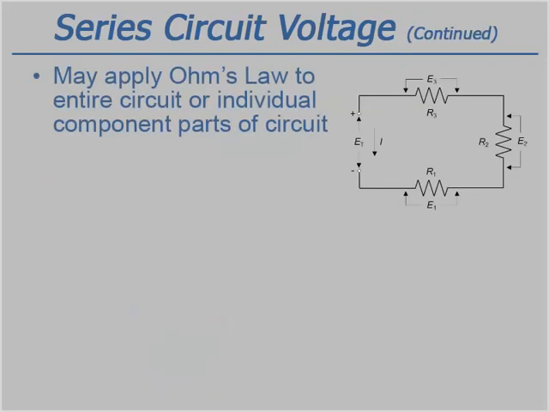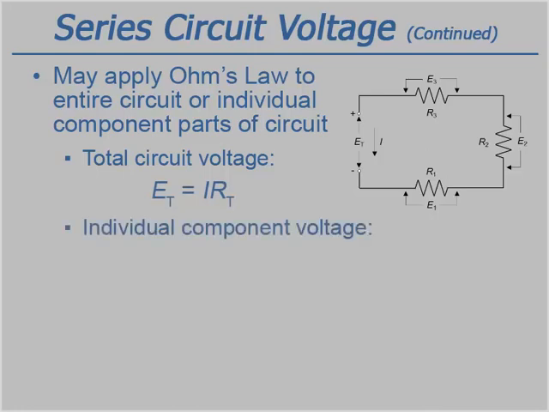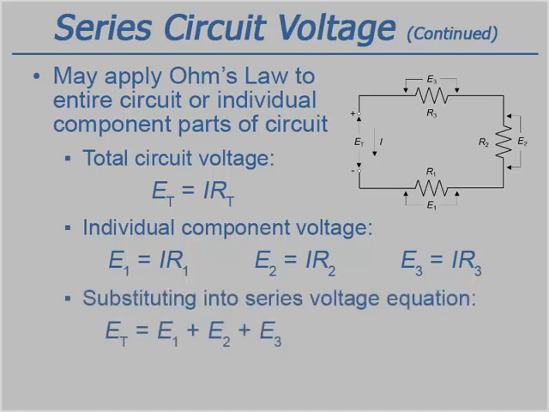Ohm's law may now be applied to the entire series circuit or to individual component parts of the circuit. To find the total voltage across a series circuit, multiply the circuit current by the total resistance. When used on individual component parts, the voltage across that part is equal to the circuit current times the resistance of that part. Substituting the individual component voltage equations into the series circuit voltage equation yields the equation shown on the slide, where the total circuit voltage equals the sum of the individual component voltage drops